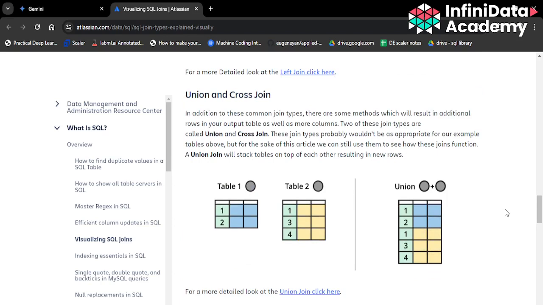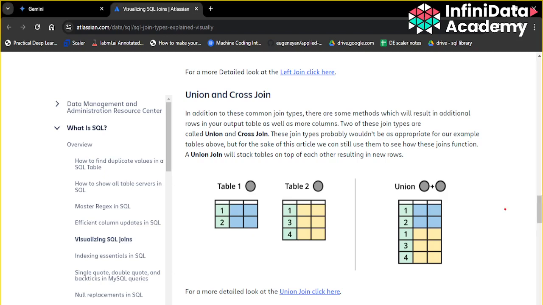We are going to take the same table 1 and table 2 example. If you look at the syntax of cross join, it's the same syntax that we just discussed, that is, instead of left join you can just write cross join. And in its case, you have your table 1 and table 2, and the final output after the join is going to contain all of the values, right?